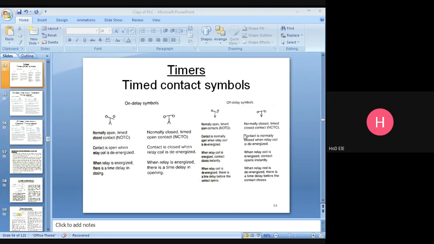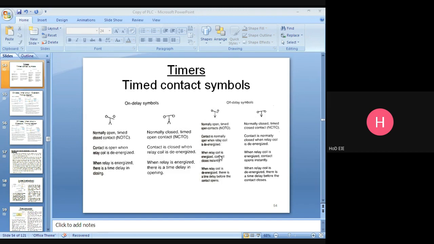Okay, you must remember this one. Contact is normally open when the relay coil is de-energized. When the relay coil is de-energized, it will retain its previous position. So already open. When the relay coil is de-energized, already this contact is open, so it will retain its open position.